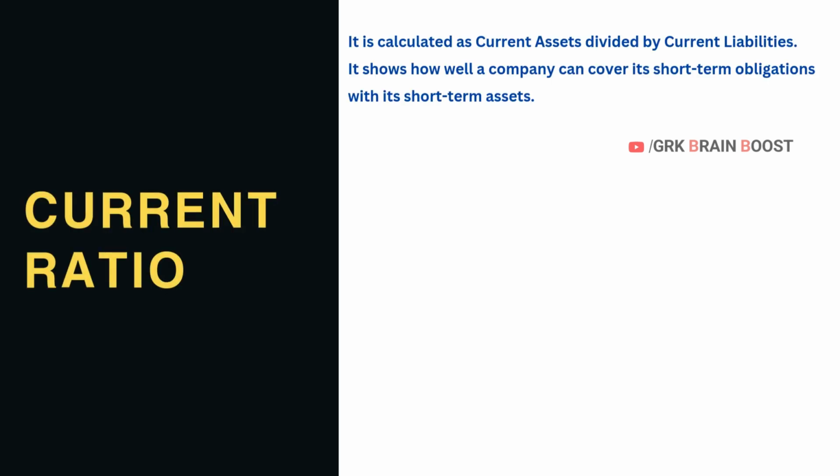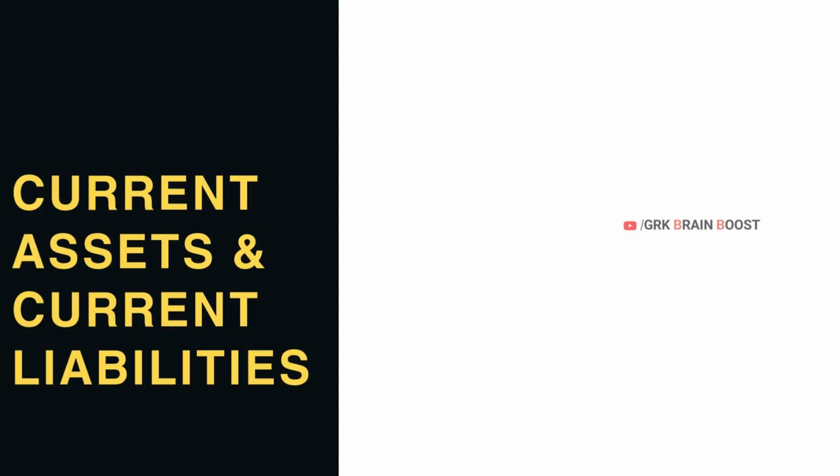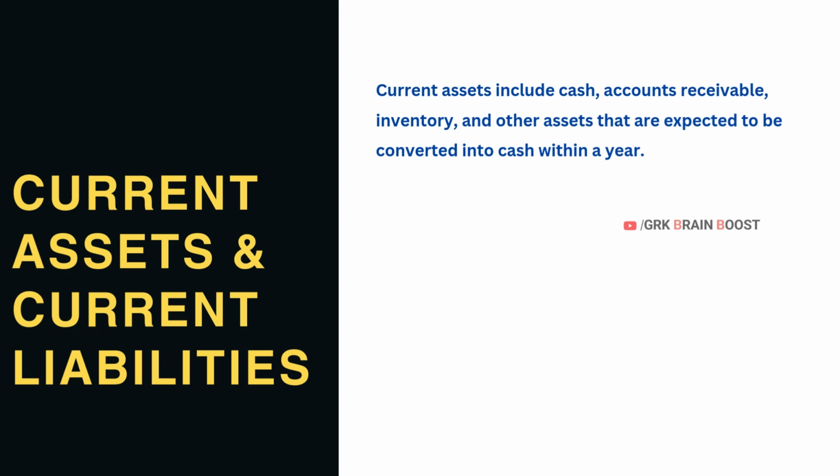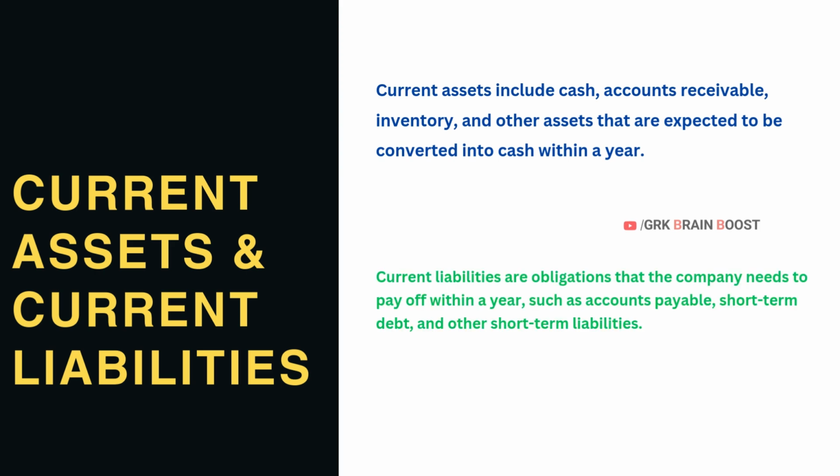The current ratio is calculated as current assets divided by current liabilities. It shows how well a company can cover its short-term obligations with its short-term assets. But what exactly are current assets and current liabilities? Current assets include cash, accounts receivable, inventory, and other assets that are expected to be converted into cash within a year. Current liabilities are obligations that the company needs to pay off within a year, such as accounts payable, short-term